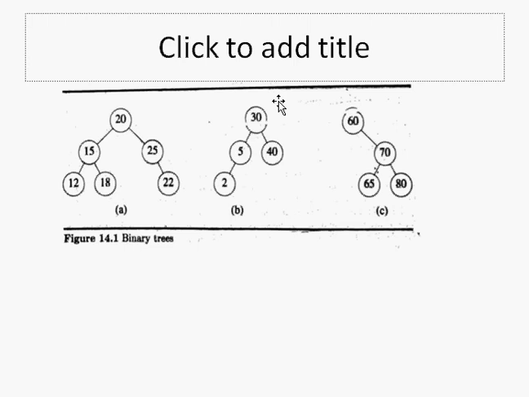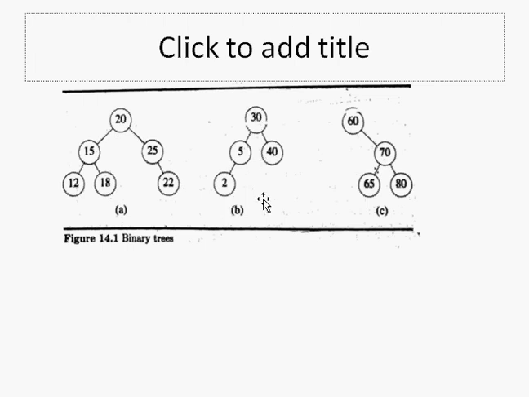Let's concentrate on this B. We know that B is a binary search tree. In a binary search tree, the in-order traversal method says to concentrate on the left subtree first, then the root, then the right subtree. The left subtree is this, so its left tree 2. So 2 will be outputted first. Then we visit the node. So after 2, 5 will be displayed. After 5, 30 will be displayed, and after 30, 40 will be displayed.